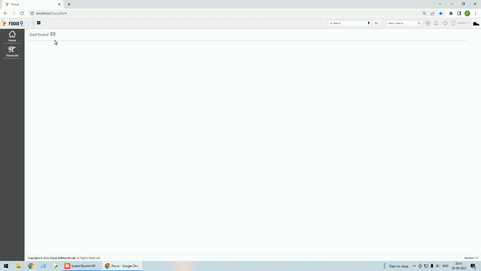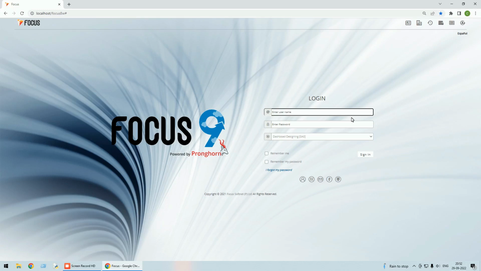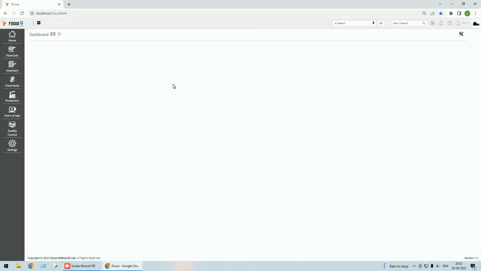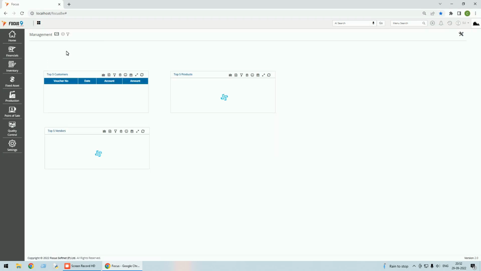Now you see I am not getting a dashboard. So let me go and see why I am not getting this dashboard. Let me log in with the super user. Okay, even for super user I am not getting a dashboard. Now you see here when I click here,